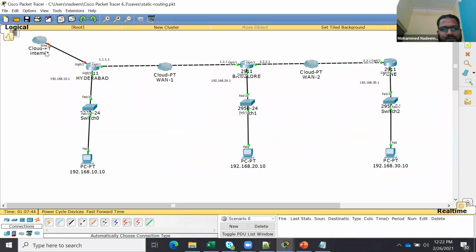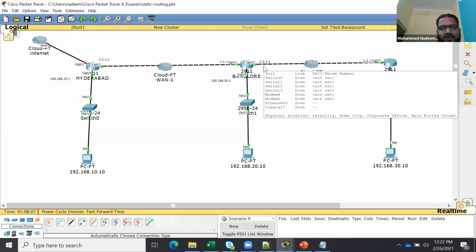So see, it's simple. If you want to see the default route, remember one point: the default route is used for unknown destinations. We just put 0.0.0.0 towards the next hop, or we use the GigabitEthernet 0/2 interface, which is the exit to the internet. That's it. There is not much in the default route.